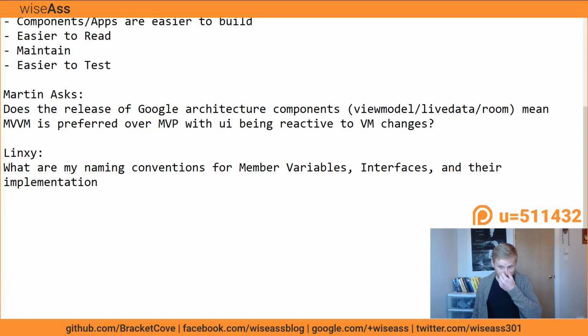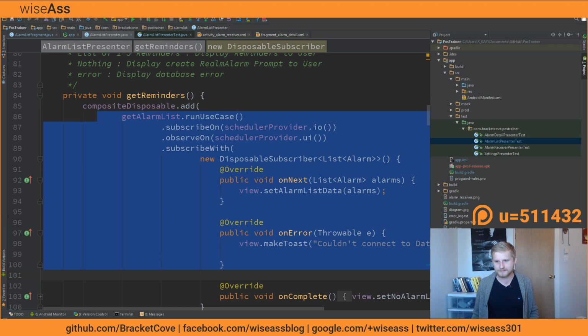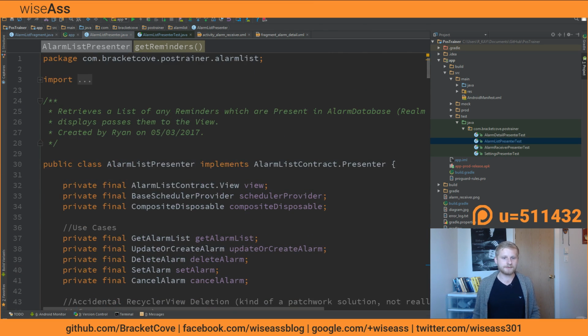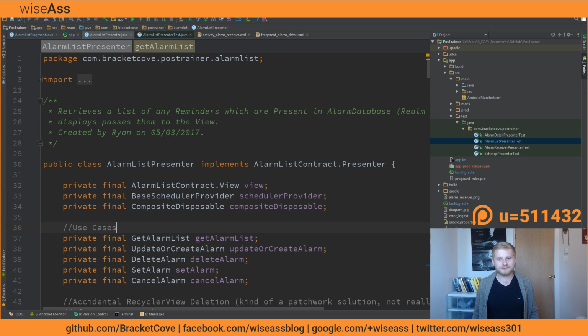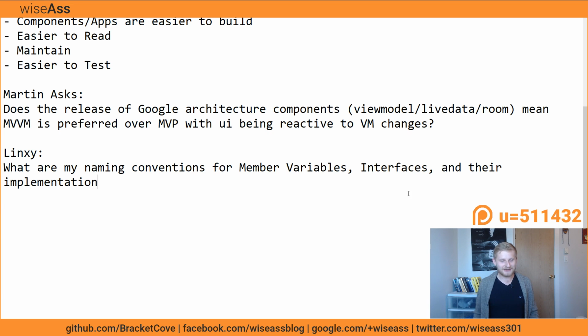So here's the main thing. I'm not going to spend a lot of time on this because I actually talked about naming conventions at length, I believe, last episode. But just really quickly, for member variables, I don't do Hungarian notation. I don't do that mView, mSchedulerProvider, mComposite. I don't like it. It bugs the crap out of me. And there's this article written by Jake Wharton once, which the article is just say, I love it, no to Hungarian notation.